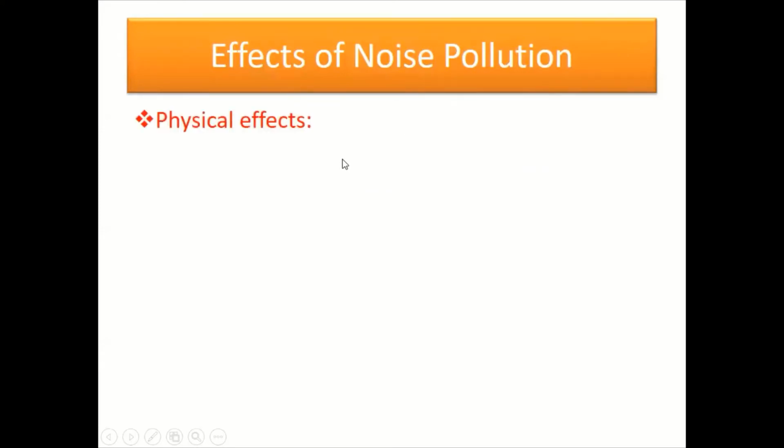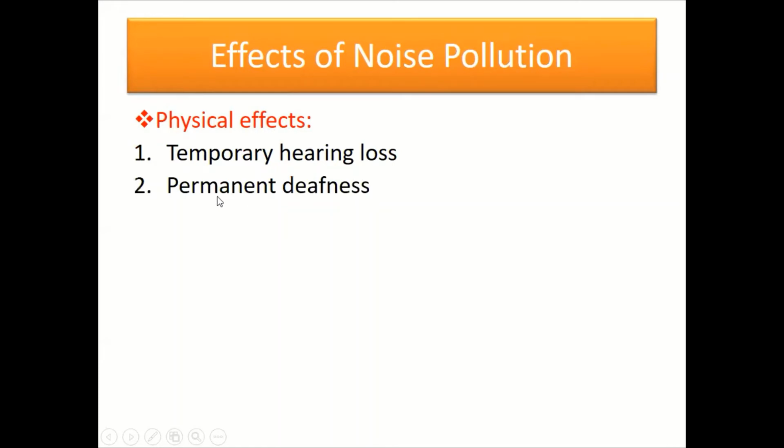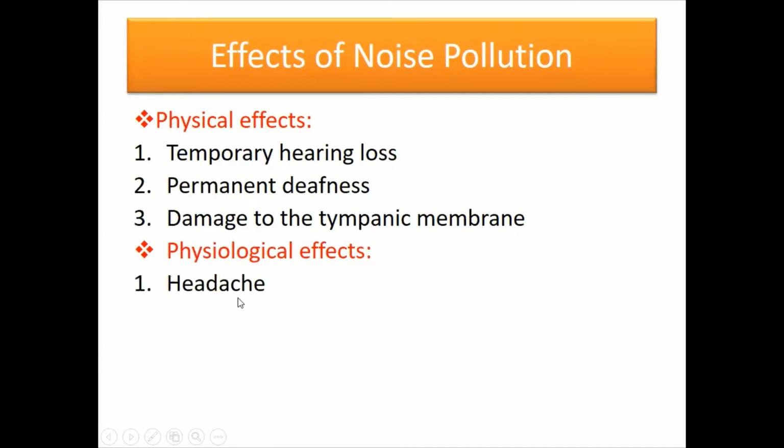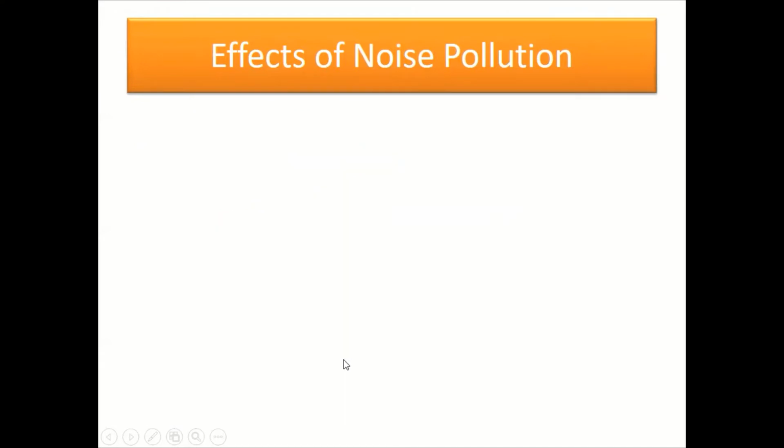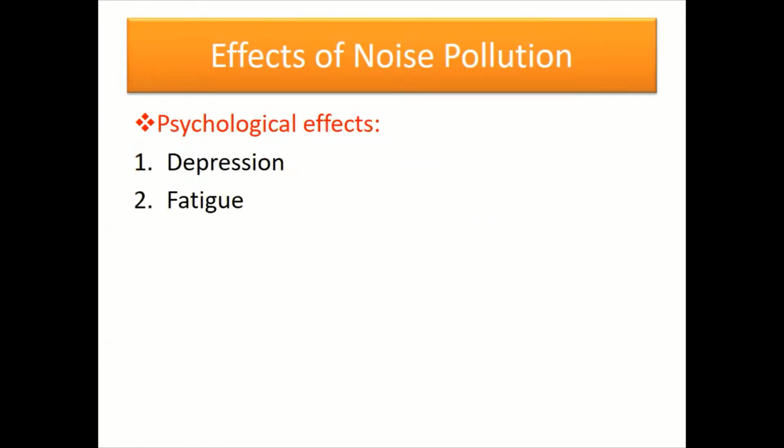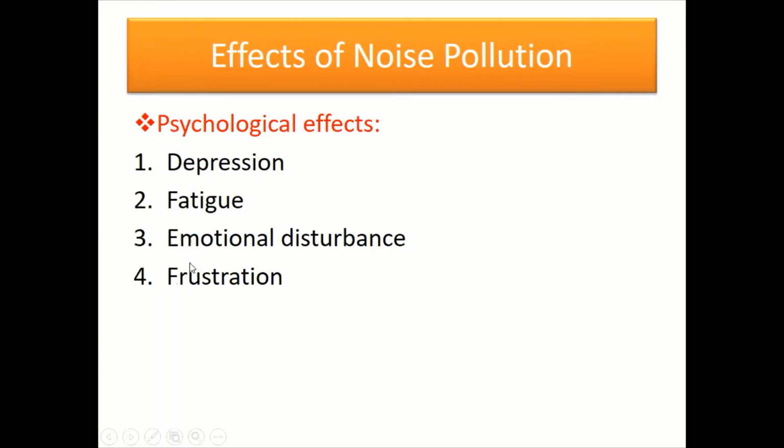What are the various effects? First is the physical effect: temporary hearing loss, then permanent deafness, then damage to the tympanic membrane. Then physical effects: headache, pain in the heart, reduction in vision, rising blood pressure, loss of memory. Then psychological effects: depression,